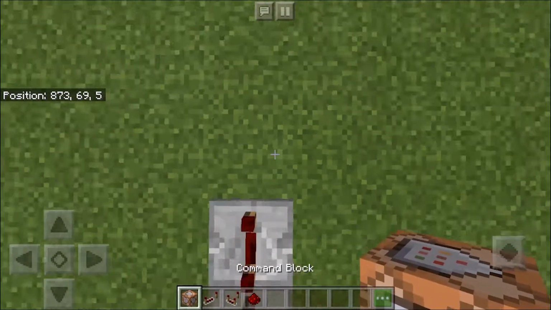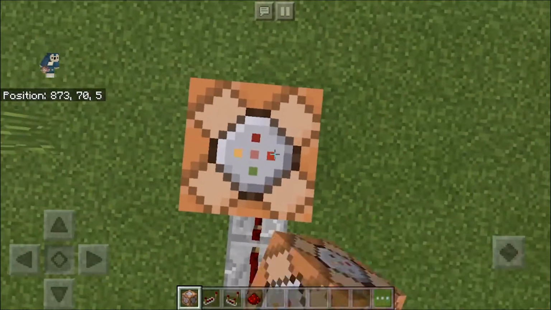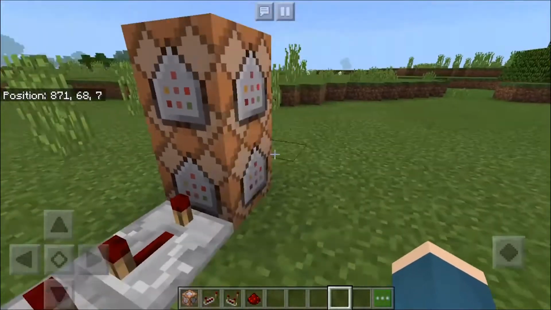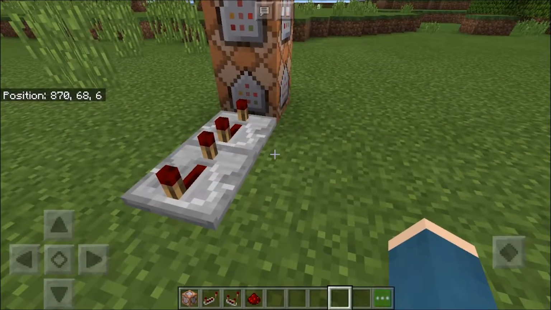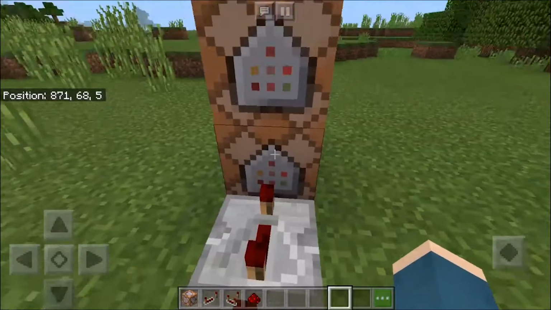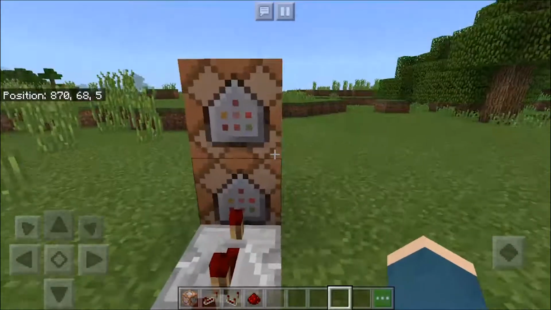And then you want to put a command block in front of it that's going up like that, and then crouch and place another one on top of it, so that there are 2 pointing up, one on top of the other. So yeah, it should look like this so far, as you can see right here. And then once you have this right here, with the command blocks and redstone repeaters, you then